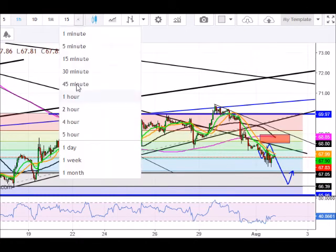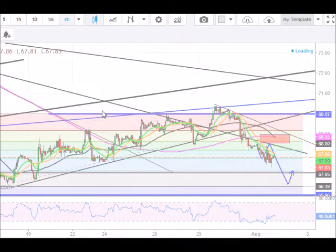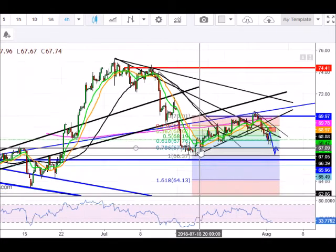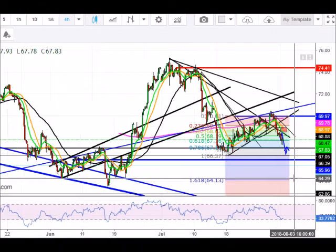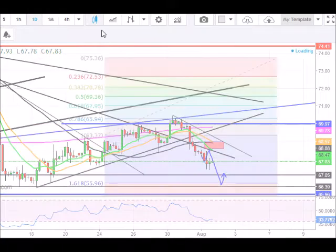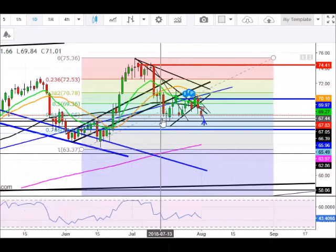But as you all recall, I still am looking for a longer term picture. I'm trying to fit it into this chart here. Looks like I'm gonna have to go out to the daily time frame and then kind of zoom in a